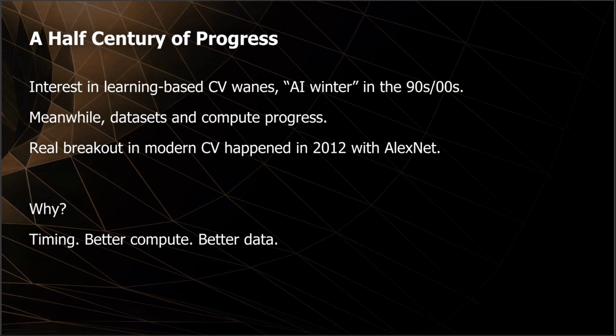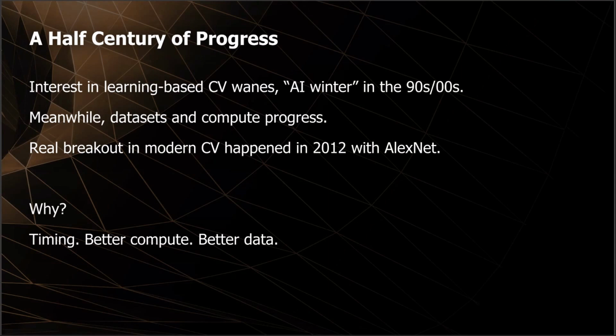And so we move on. During the 90s and the noughts, there was a bit of an AI winter for the entire academic field. There's less funding and less press coverage and quite a bit of skepticism around it. But meanwhile, computer vision continued to grow. A lot of hand-engineered algorithms, what we now call classical methods, and also the data sets and compute improved in this time. And it wasn't until about 2012 when researchers at the University of Toronto unveiled AlexNet.